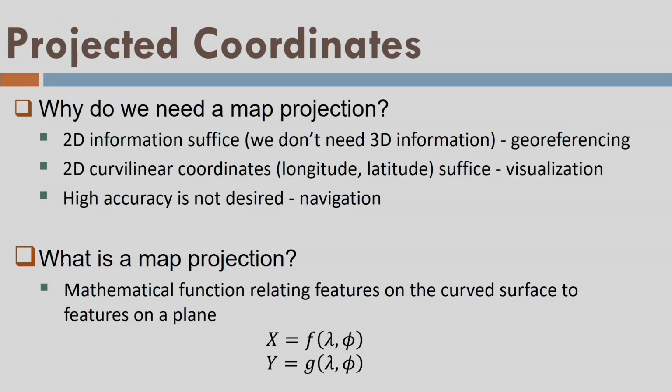First of all, sometimes two-dimensional information is sufficient for me. I don't need 3D information. The first example is georeferencing. Georeferencing is a process of assigning coordinates to an image, a satellite image, camera image or aerial image. Here I would like to give you a brief introduction. You might have done it, or if you have not, no problem. Just understand it is an example of a coordinate transformation, where I am assigning the coordinates of a map to the image.